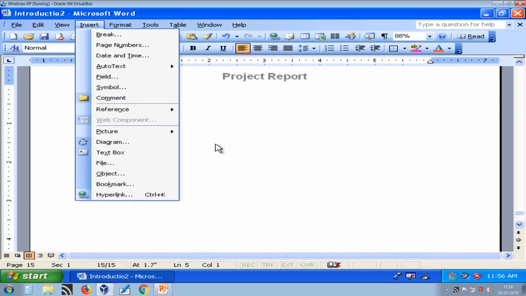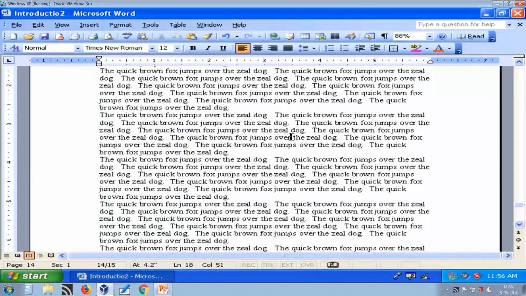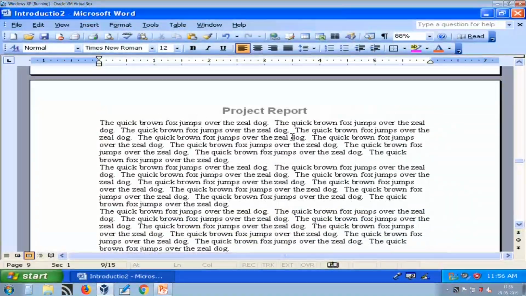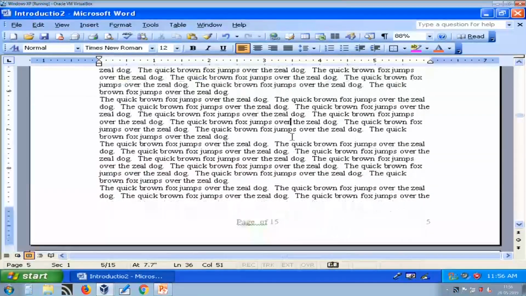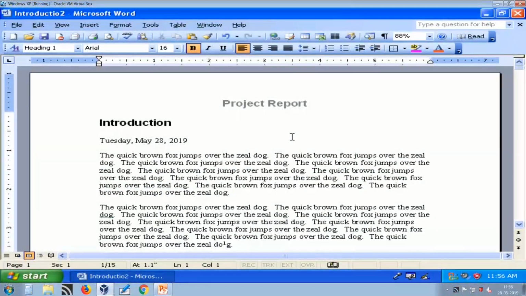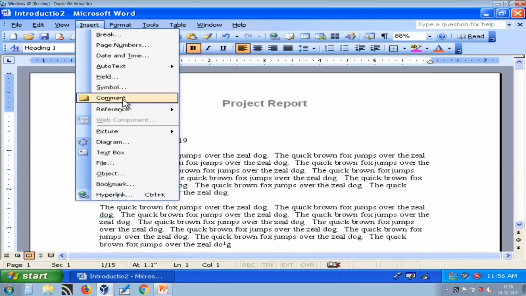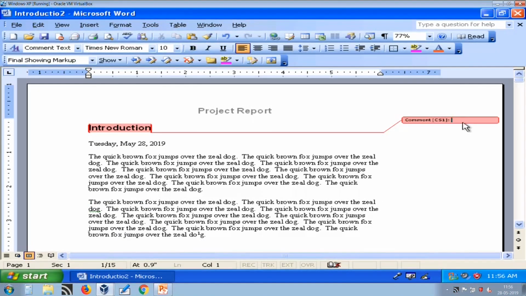Now suppose I am reviewing this document, then I need to give a comment to the author. Whatever comment I want to give, I can use Insert and then Comment. Here I can type my comment.